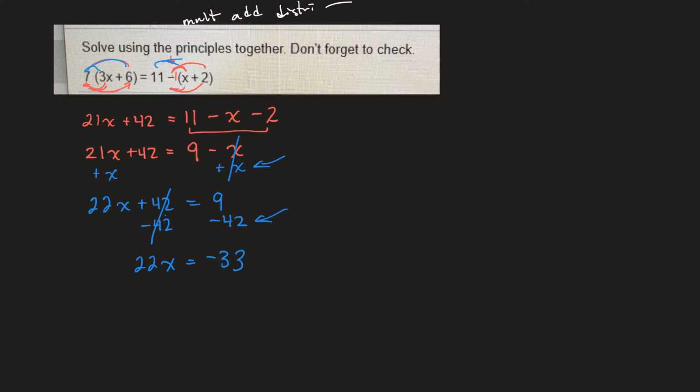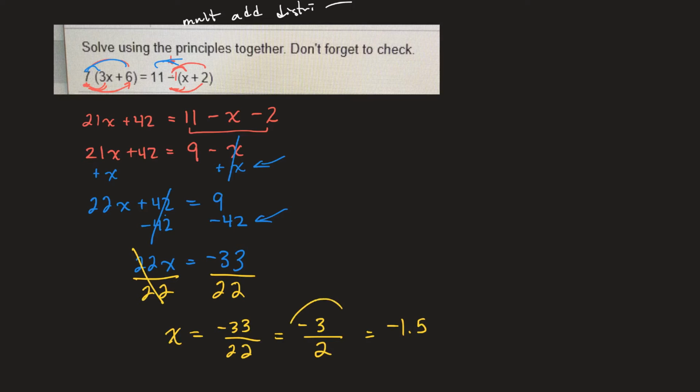Now we use the division property. So I'm going to divide both sides by 22. And so these will cancel. So my answer will come out to negative 33 over 22, which I should simplify. Seems a little funny to try and simplify that, but I think 11 will divide into both top and bottom. So it should be negative 3 over 2, which is the same thing as negative 1.5, but I prefer the